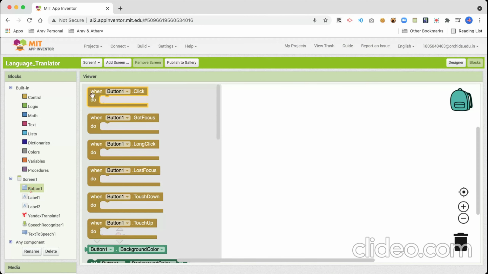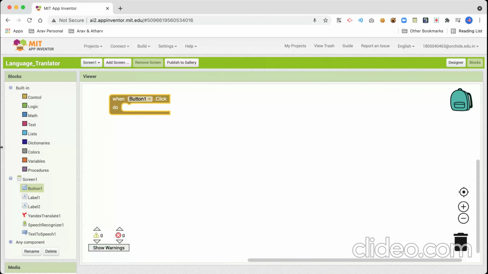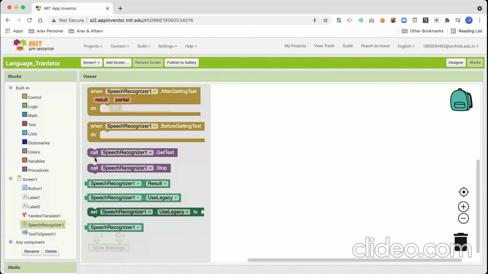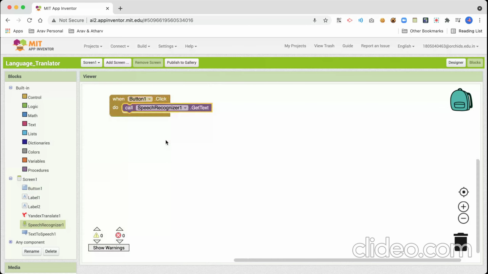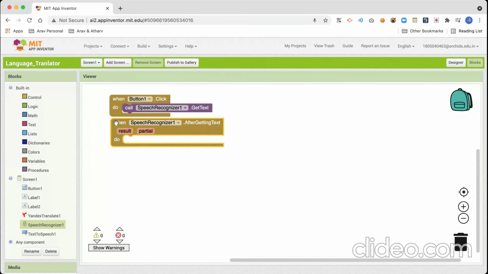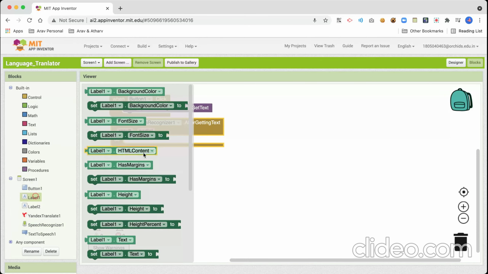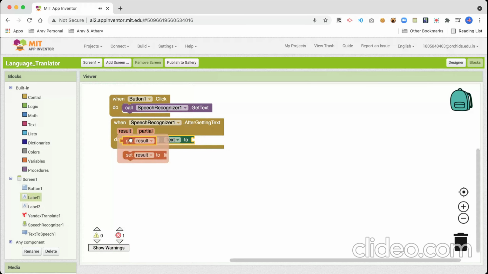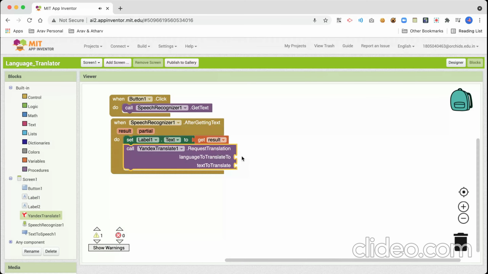So, when button 1 is clicked, call speech recognizer 1 dot get text. Then speech recognizer 1 dot after getting text, set label 1 dot text to get returned result. When speech recognizer 1 call Yandex Translator. Request translation language to translate to